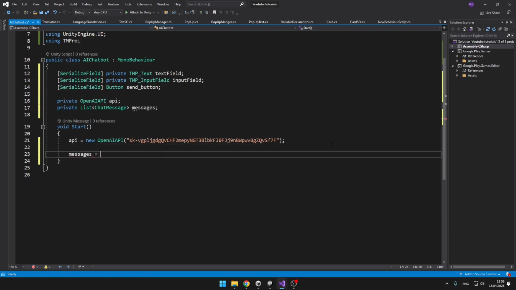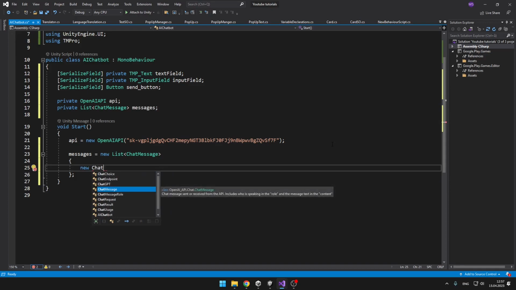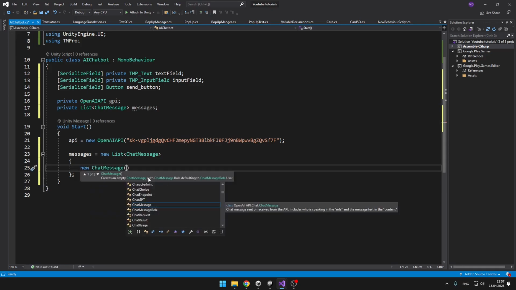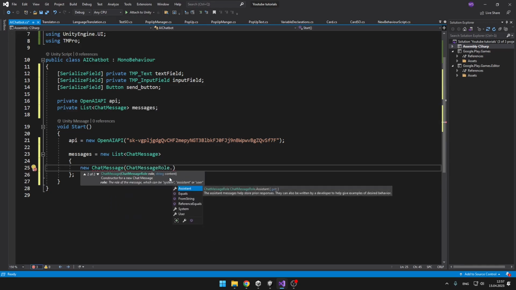So messages equals new List of ChatMessage. And we will add the first message to the list, which tells it the context in which you are in the game. You can tell it the context, like you are a magician, and you need to give the player some puzzles or that kind of stuff. So we can create a new ChatMessage, and here we need to define the ChatMessageRole. So we can type ChatMessageRole dot, and there are 3 roles, as you can see: the assistant, system,